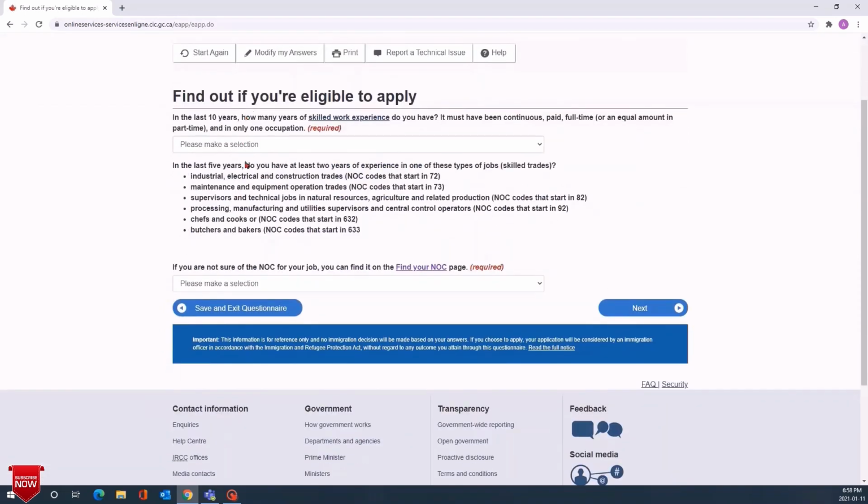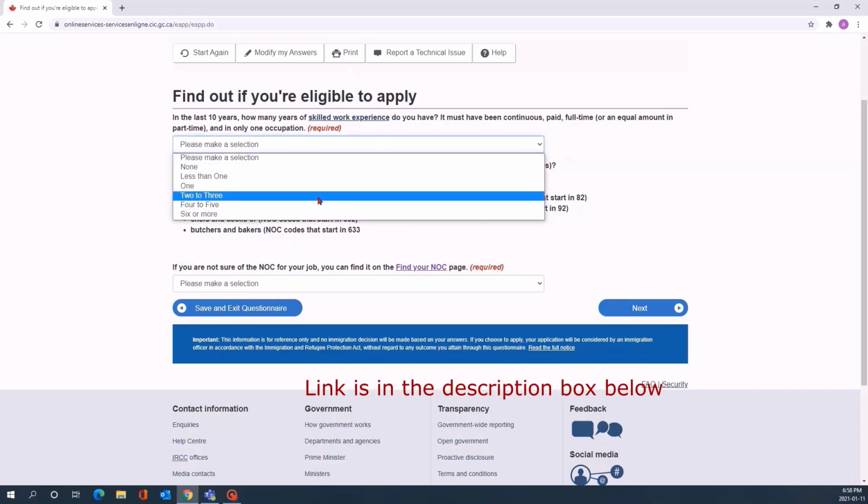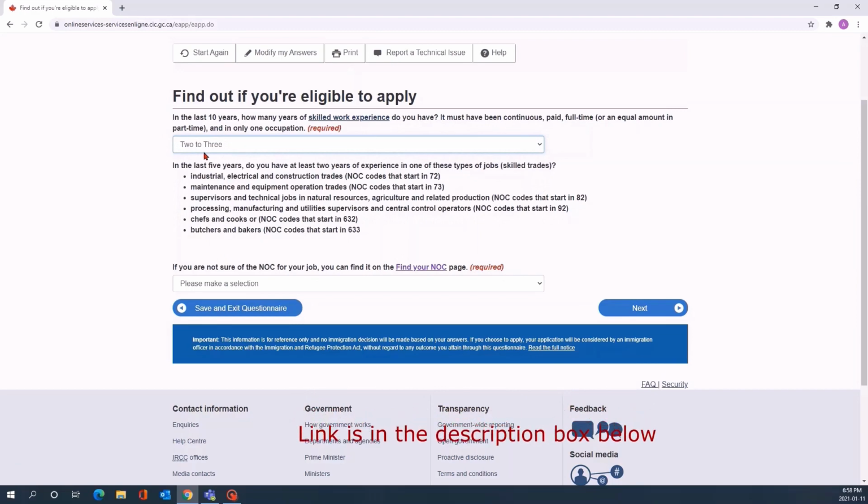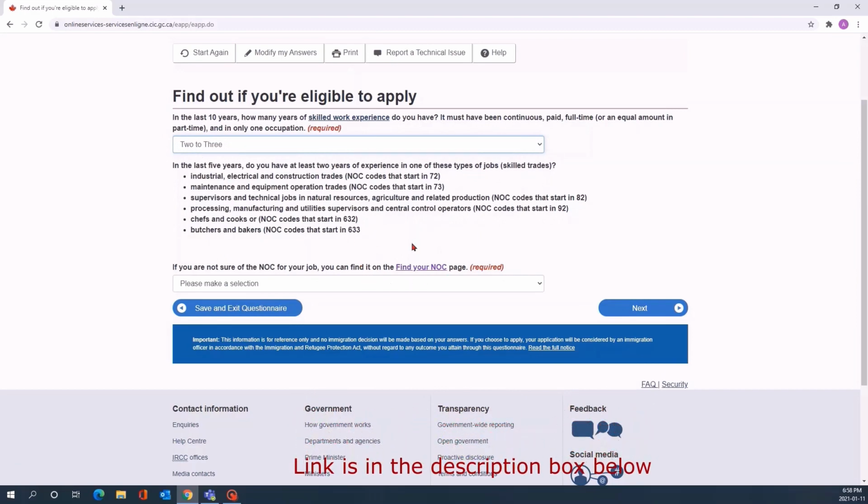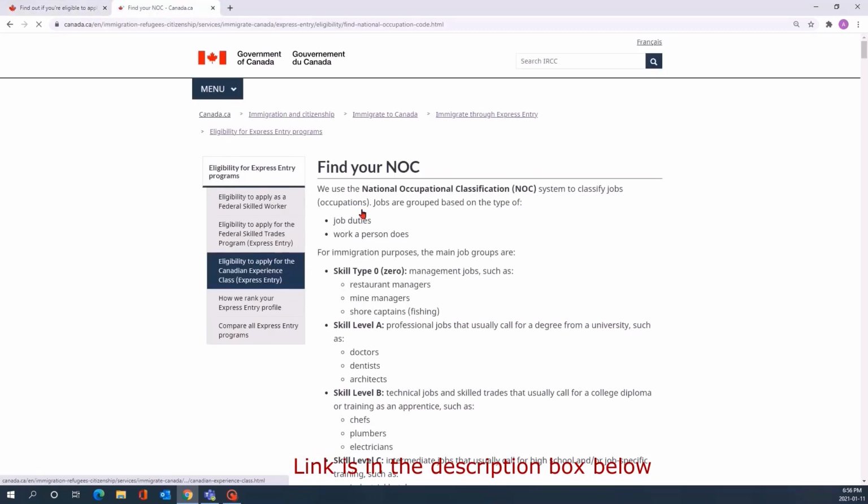Now in this page, in the last 10 years, how many years of skilled work experience do you have in only one occupation? And it should be in NOC skill type 0, A or B. So I'm selecting 2 to 3 years of experience because I have 2 to 3 years of experience in NOC skill type A. If you don't know your NOC code, then click on this link here and it will take